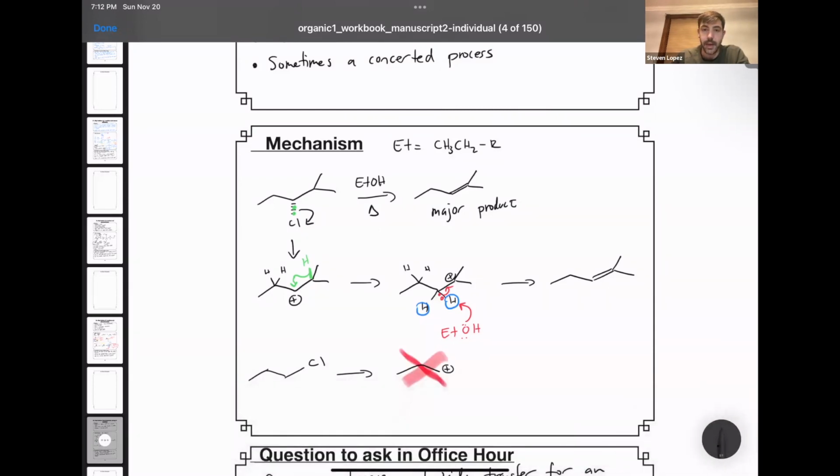But there is a mechanism by which this chlorine could leave as a carbocation is being formed. In this instance, the chlorine could leave as the carbon-hydrogen bond, the hydride, shifts to this carbon. And as it does, you'll end up with a secondary carbocation. The chlorine has left, and then you can use whatever base you were using, say ethanol again, to deprotonate one of the hydrogens and then form the propene molecule.